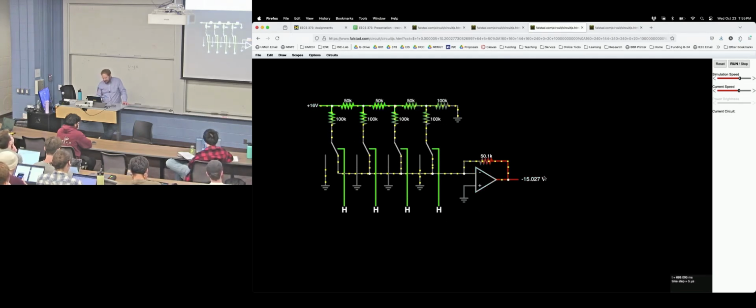Again, we'd have to do analog tricks to make it a positive value, and you would prefer not to have a negative rail. So this op amp secretly has a negative rail of negative 15 volts and a positive rail of 15 volts, which in practical terms, you don't want on your microcontroller. So you would do more tricks to make that all ground to 3.3 volts, and then you would invert the signals with a little bit of gain to get it back up to the full scale of what you're looking for from a DAC output. But anyways,